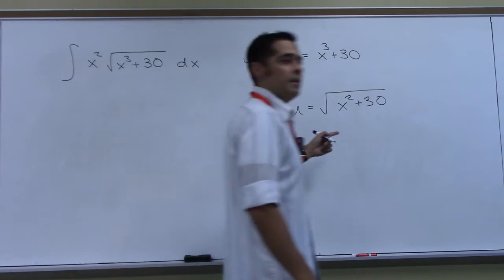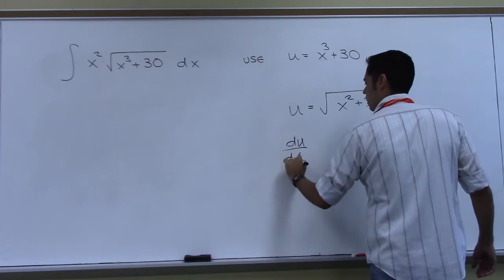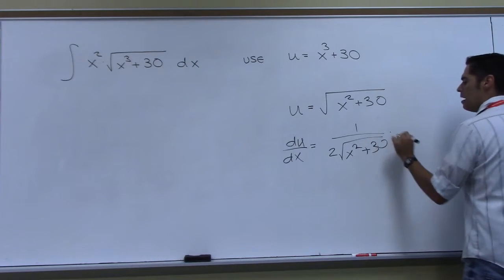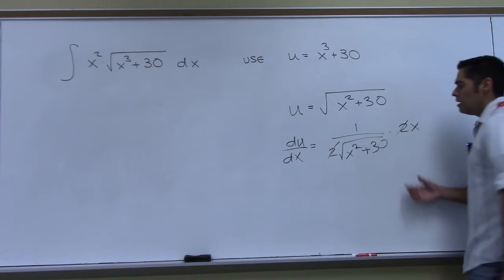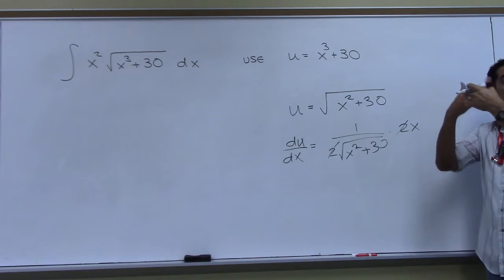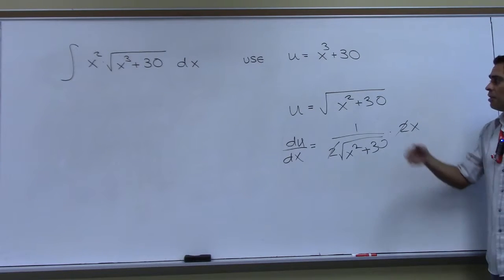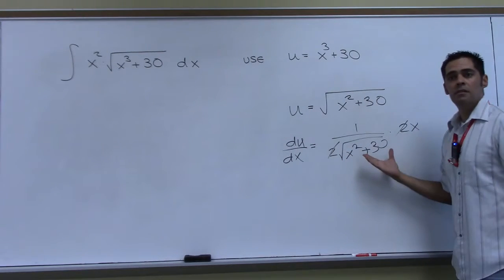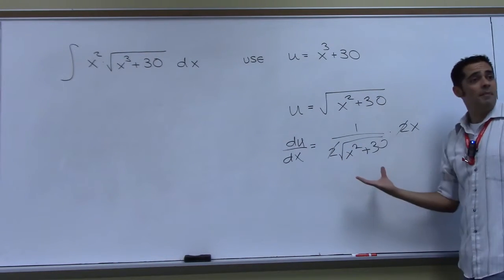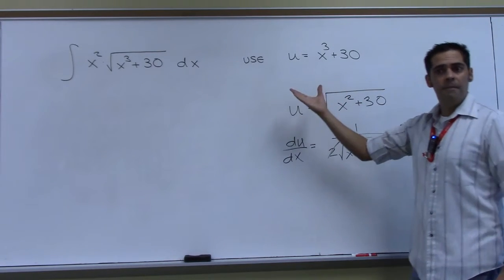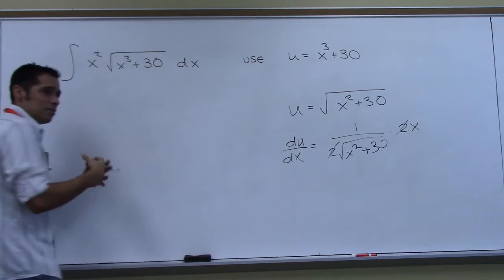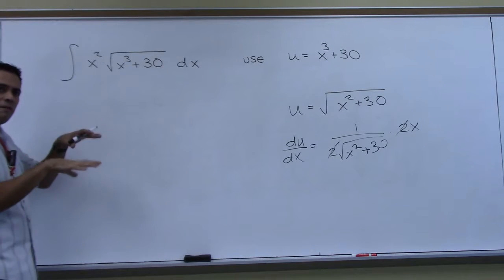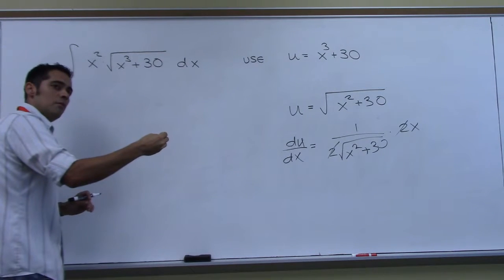What would the derivative of this be? It'd be 1 over 2 roots of x squared plus 30 times 2x, right? And the 2's would cancel. Now, what we said for substitution is that you want to see something and its derivative. So if I chose this, do you see that there? Yes, there it is. Do you see its derivative there? Do you see a square root of all this junk in the denominator up there? No, right? So this would actually be too much. You actually picked too much of a u for this to work out. Does that make sense? So you're trying to find this balance, picking enough to make it work, not too much